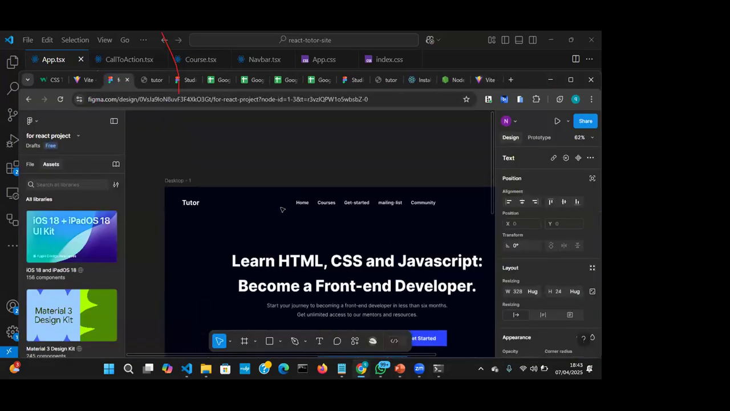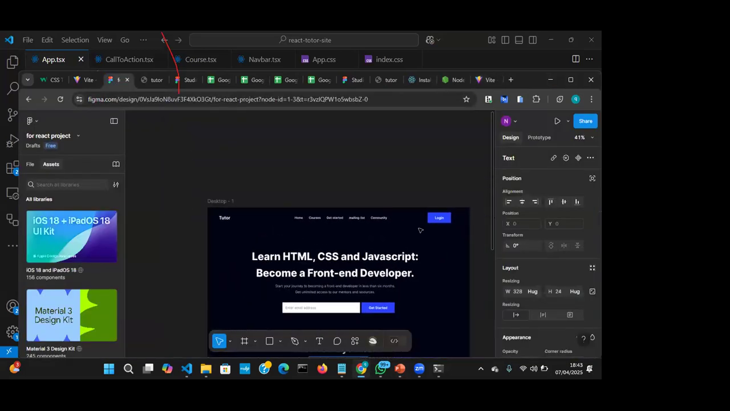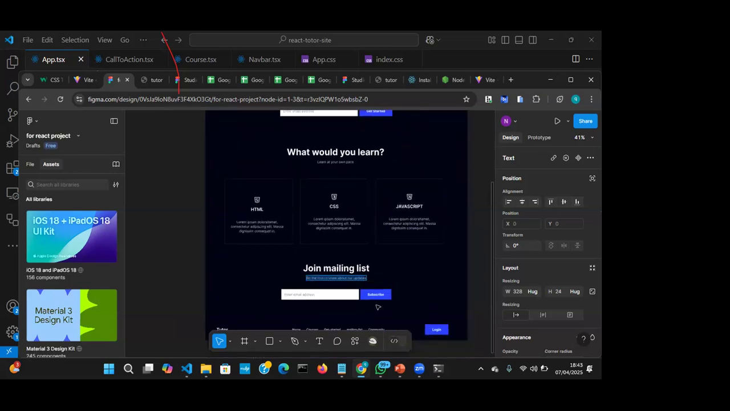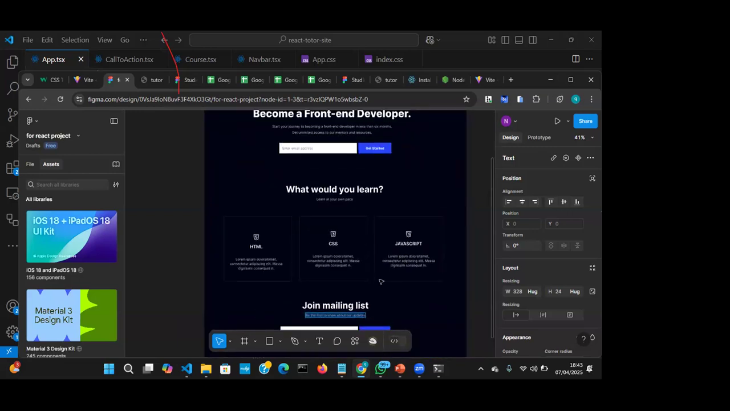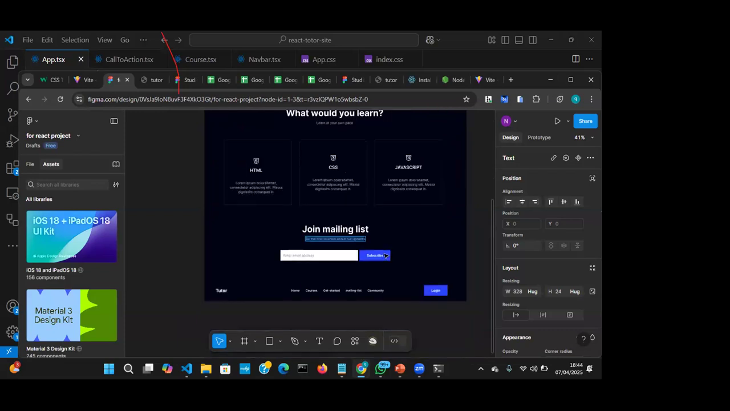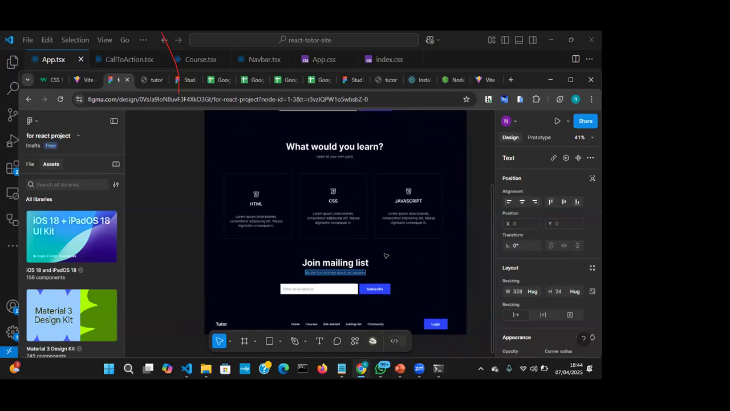You notice that we have 3 buttons in our UI. There's a button here, there's a button here, there's a button here. So we have 3 separate buttons. One is login, one is get started, one is subscribe. All right. So what I want you guys to do for me as an assignment, as a task, is that